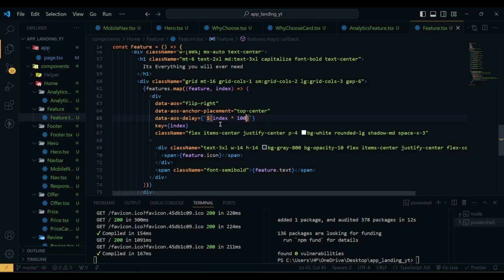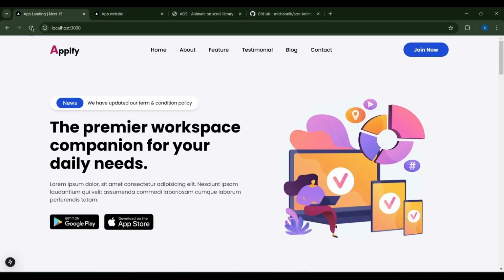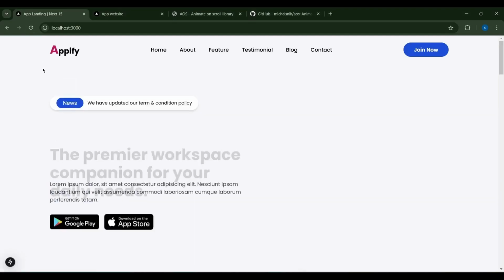For the second one, the index will be 1 and it will be multiplied with 100, which will give us 100. That means the second element will have a delay of 100 milliseconds. For the third one, this will be 300, 200, 300, and so on. So now if I hit save and go to our project and reload the page, you can see